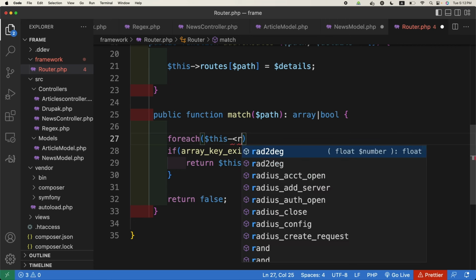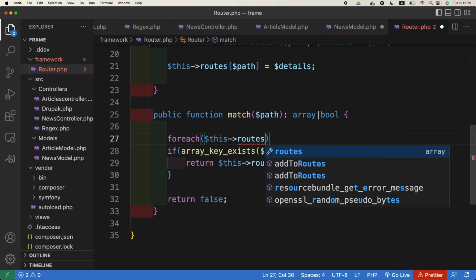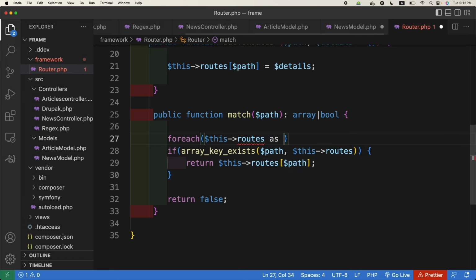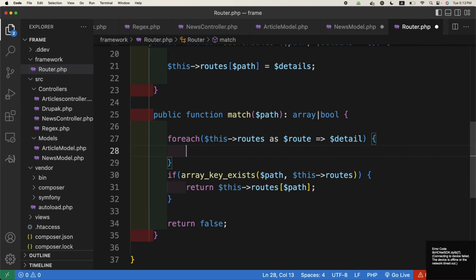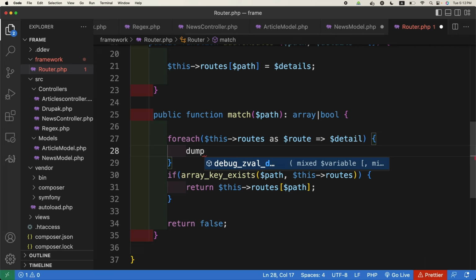This dot routes, as if I have to use the key value pairs, so how can I do it? Key and then value, or this key is route and this is detail. Okay, if I have to print both in one dump, how can I do it? Dump, rather,